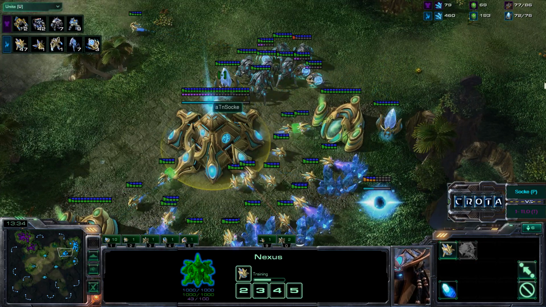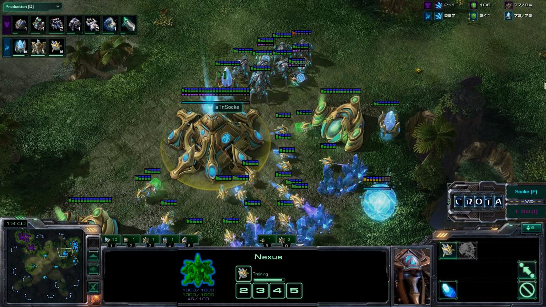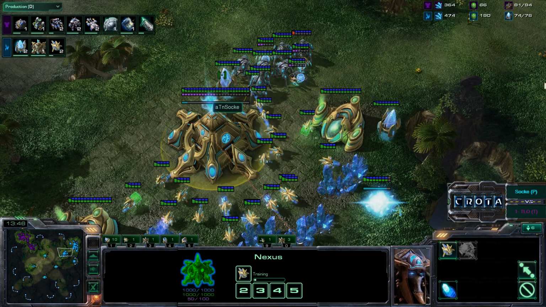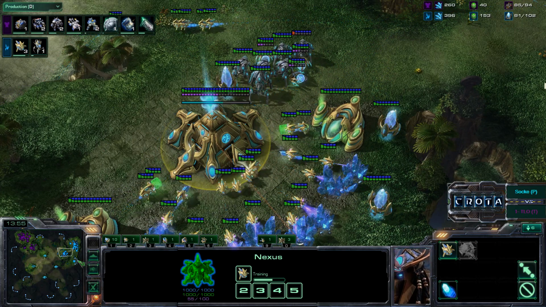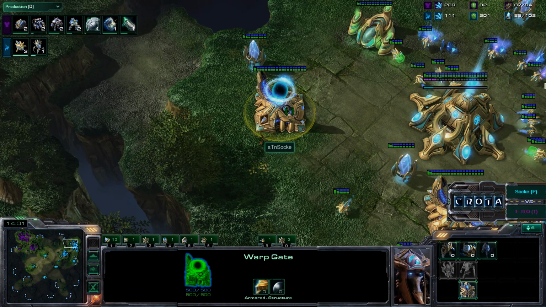Socke still very, very happy with his probe count, but still trying to add more units. Perhaps he should be chrono boosting his Nexus in order to get a stronger probe count. He does have the resources for it, but he is currently supply locked or close to supply locked at 80 over 84. And right as I say that, the Nexus finishes warping in, in addition to a pylon, so not so much